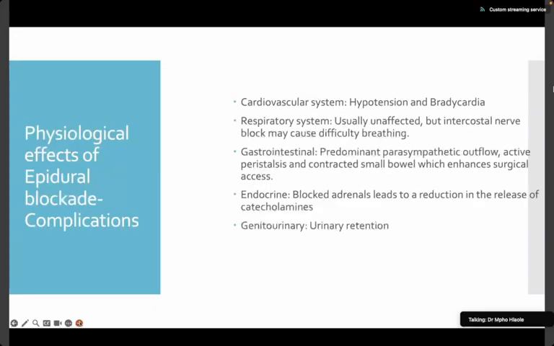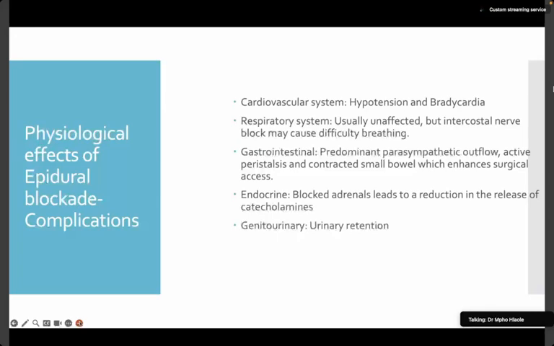Okay, so what are the complications? You've put in a spinal, you've secured the catheter nicely, you've given instruction to your patient and to the nurses, and now what are you expecting to happen after you've done that? What are some of the things you should be aware might happen because of these drugs that you're injecting into that space? So in the cardiovascular system, you might have hypotension, there might be some bradycardia, and bradycardia is usually